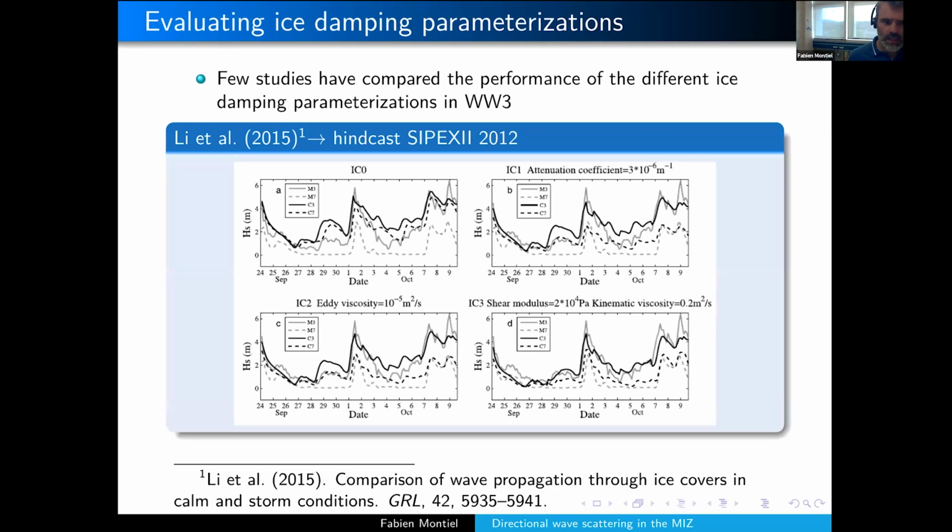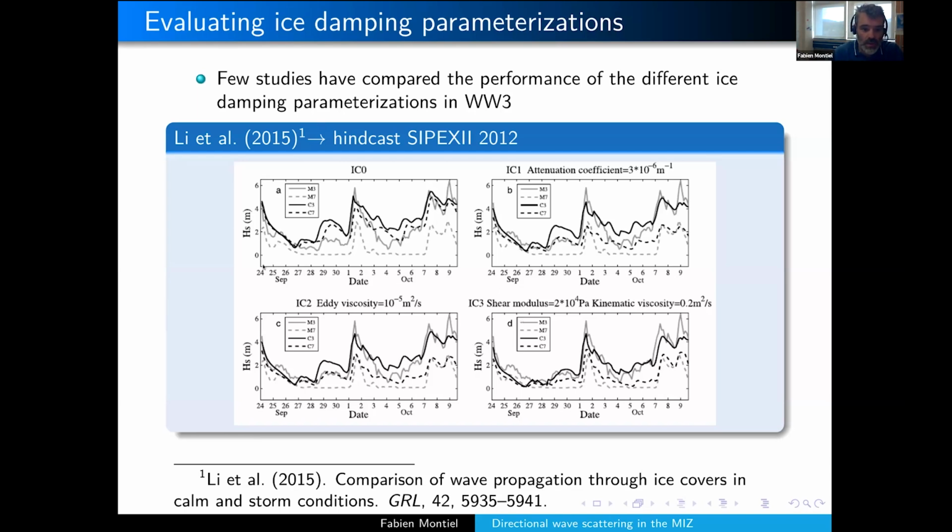So the first one was by Lee et al. in 2015, where they did a hindcast of the SIPEX2 experiments in the Southern Ocean, 2012, which you may be known for the Nature paper that came out of it, led by Alison Kohut. And here they compare the performance of 4 parameterizations, IC0, IC1, IC2, IC3. So they tune the parameters of the different models to obtain a better fit, and essentially they looked at